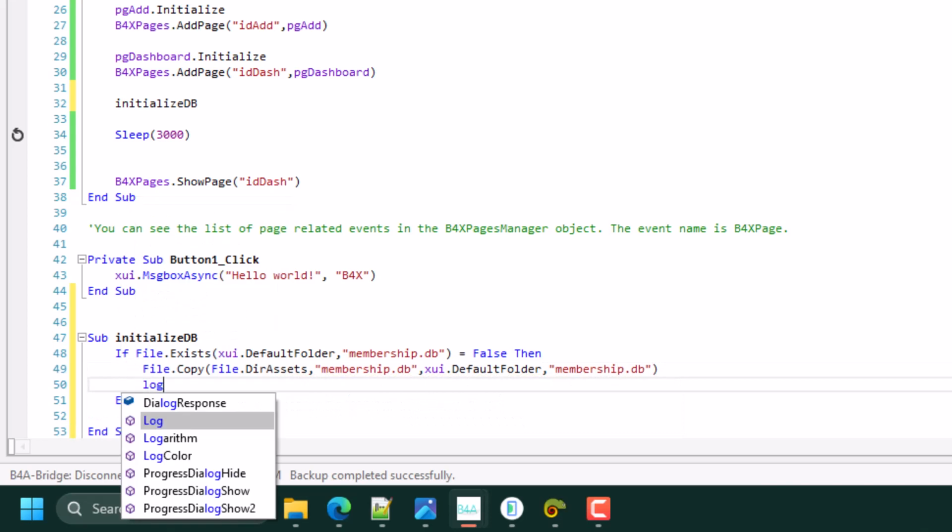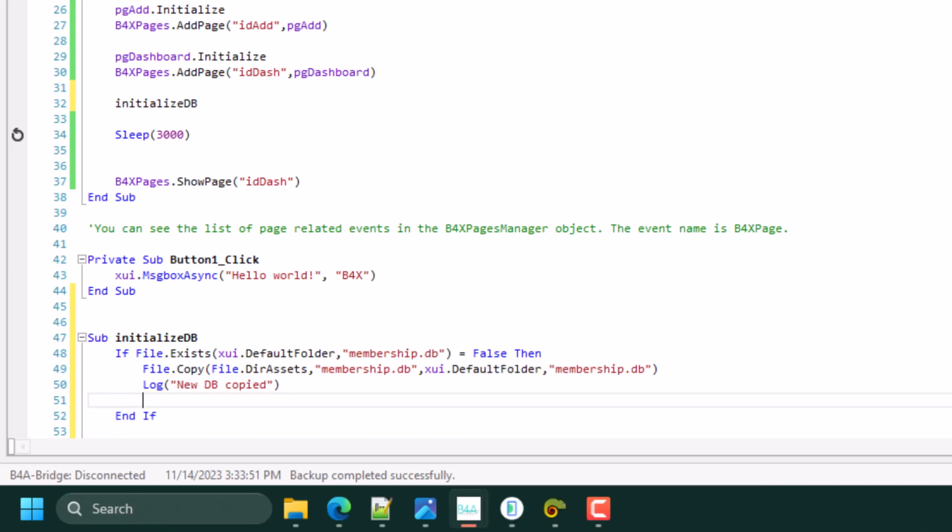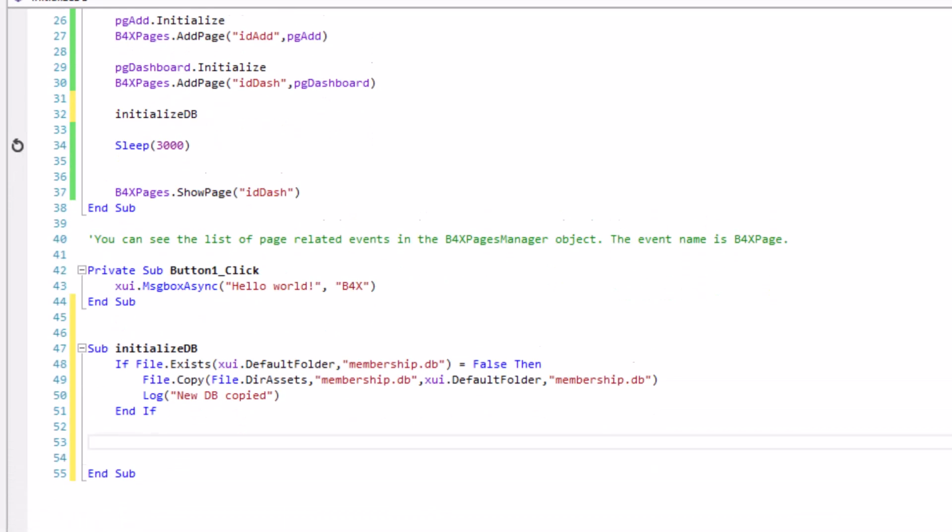You can log DB copied. Then you can also check if it's initialized, if not, initialize it.